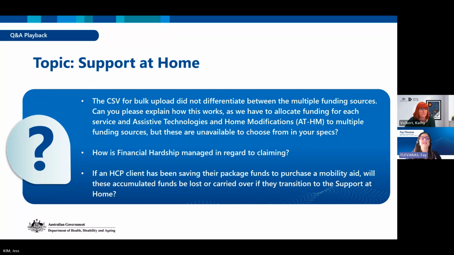One, when the funds in the quarterly budget, restorative care budget or end of life budget are exhausted, the home care package Commonwealth unspent funds and the home care account funds will be utilised if they're available. And so for assistive technology and home modifications, the HCP Commonwealth unspent funds and home care account funds will be utilised first, if available, before any AT HM funding tiers are accessed.